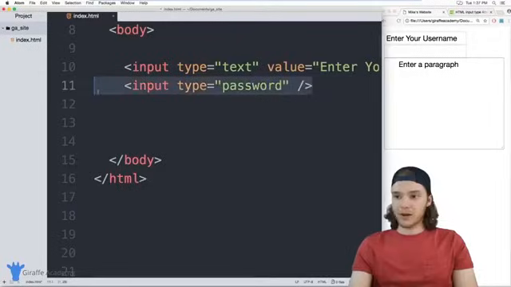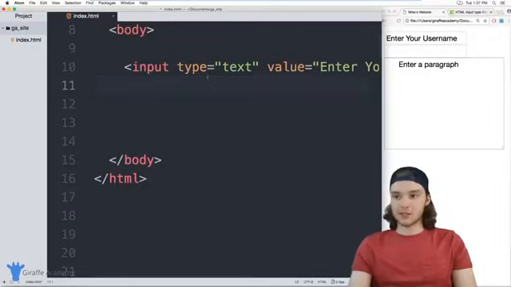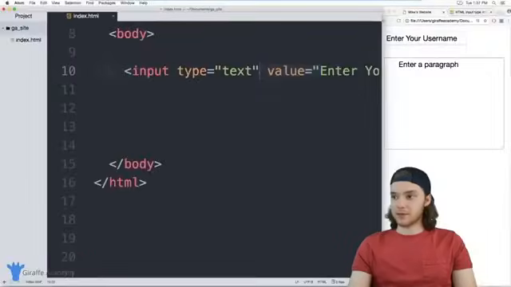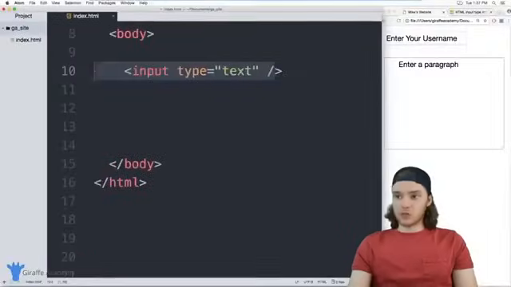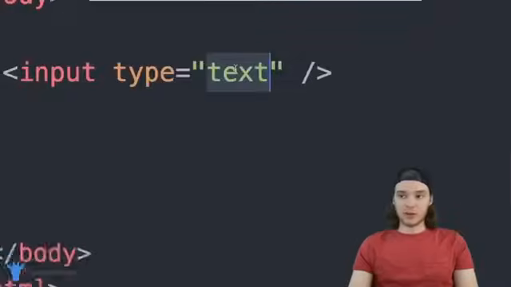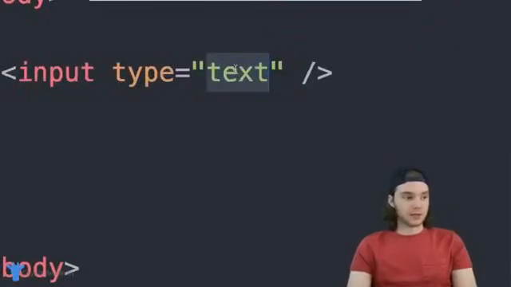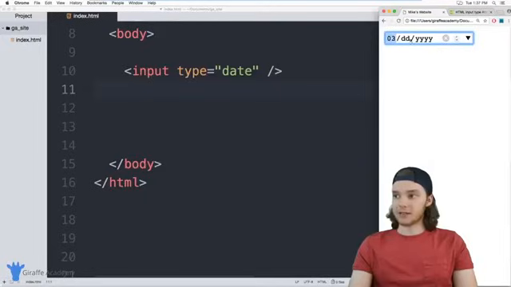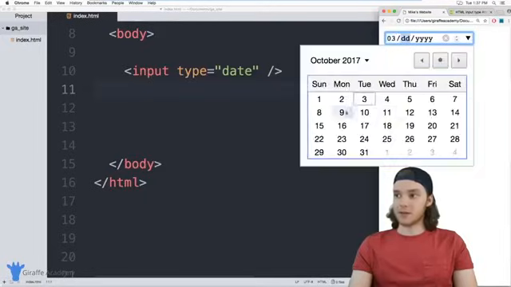There's a couple other input tags that we can look at. There are different types of input that you can accept. I'm just going to get rid of this value actually. In addition to accepting things like text, we can also accept something like a date. A lot of times you might have someone enter their birthday or something. And you can see now the browser is displaying this little date input for us, and you get this